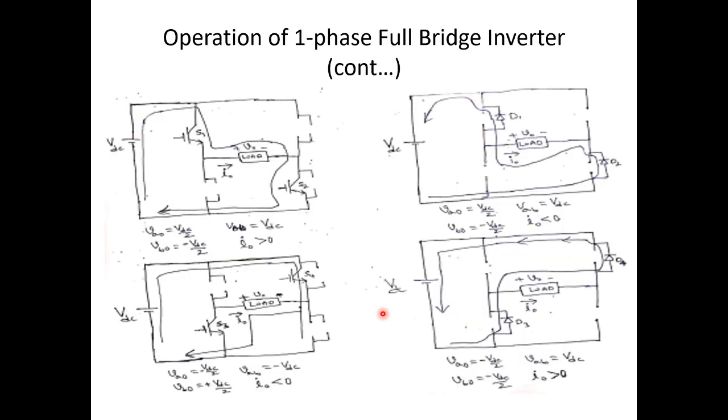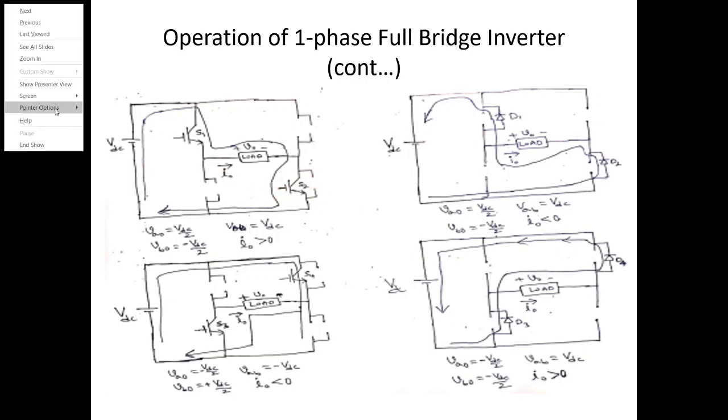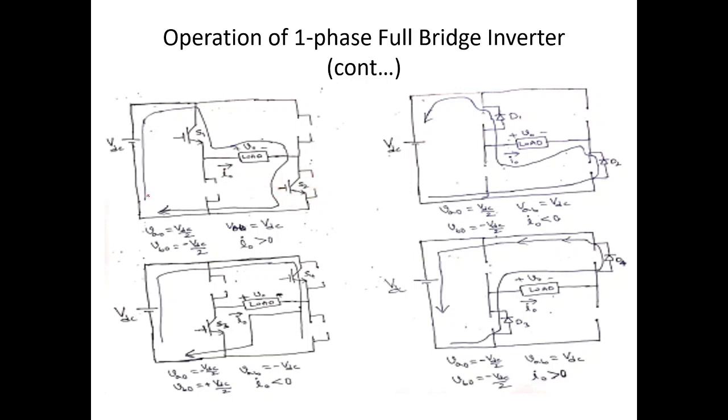Now coming to the various switching states. For simplicity I have considered only 4 switching states. However, you can have more than 4 also. At the basic level of single phase full bridge operation, I have considered only 4 switching states. The first one: transistors S1 and S2 are conducting. That is, the transistor in the top switch of leg 1 and the transistor in the bottom switch of leg 2 are both conducting. In this particular case, the current would flow this way.